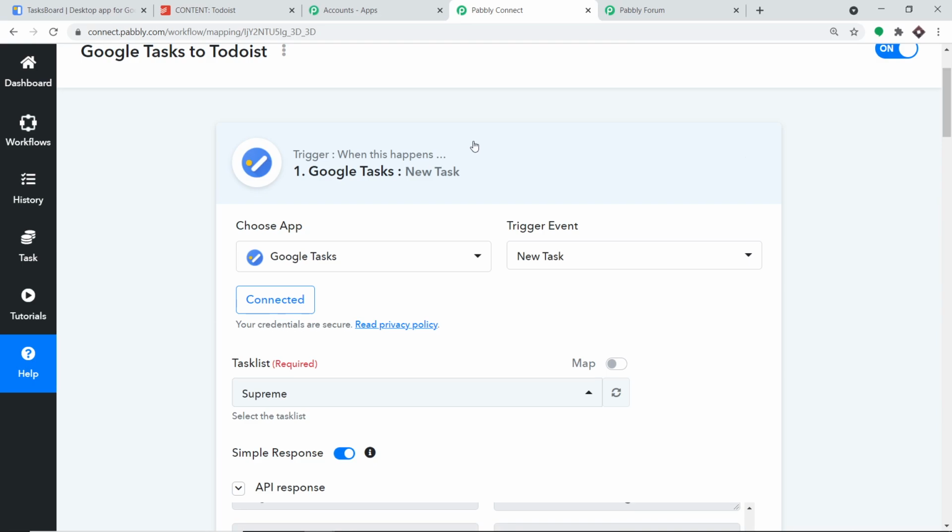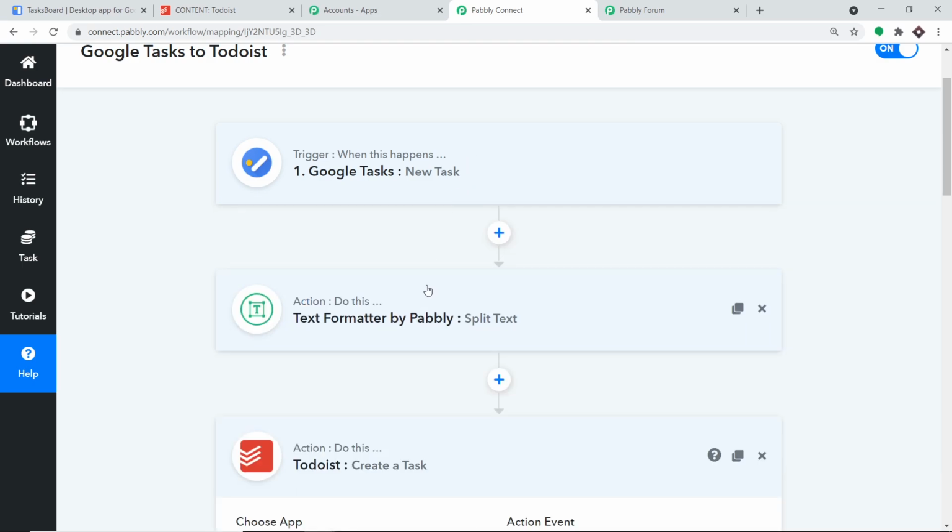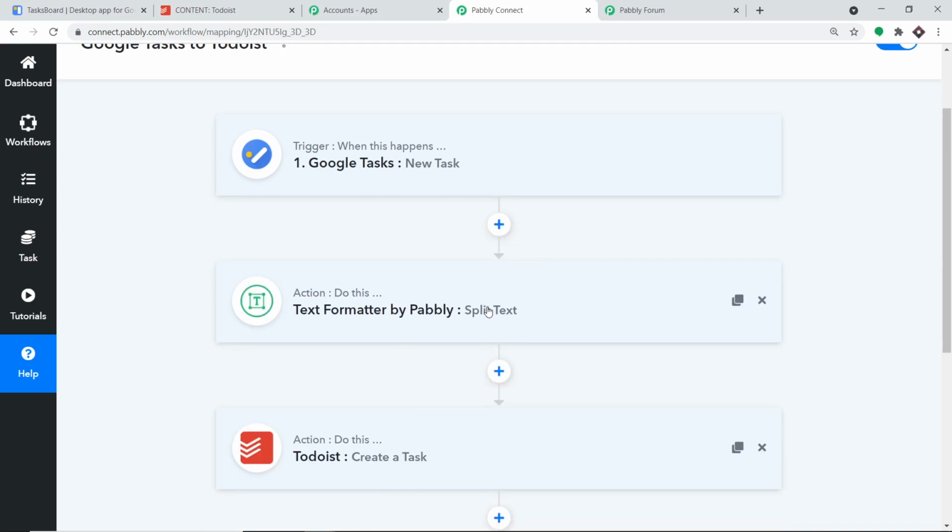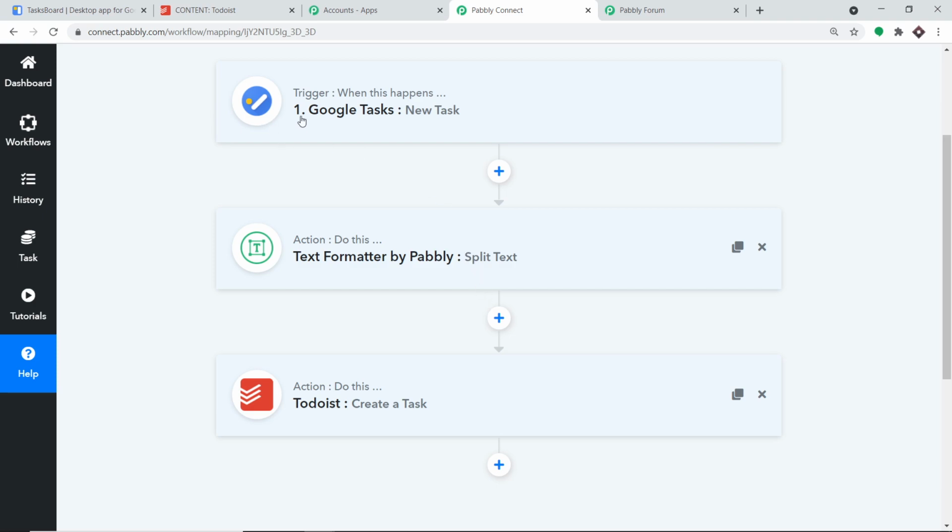Now, before you leave, let me just explain you the whole mechanism in a nutshell. Here I'm just going to minimize the trigger window, the action window, and this action window. So basically, this is the whole process in a nutshell. First, you integrated Google Tasks to Pabbly Connect, and then you used this action window called the text formatter. The reason is we basically wanted to isolate the description. We had got the description as well as the assignee as a single package.